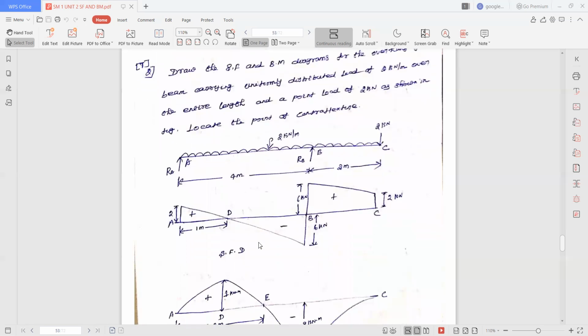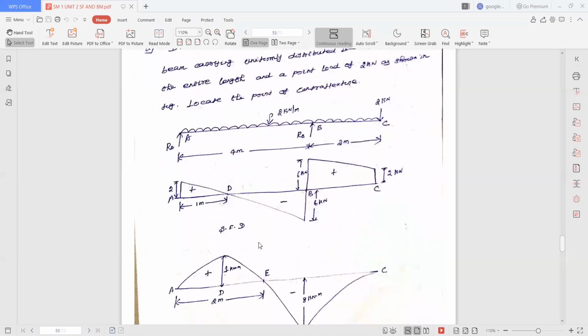As we already said, if you want to find the shear force or bending moment, the shear force is nothing but the algebraic sum of all the forces, including the reactions, acting on either the left side or the right side of the section we consider. Similarly, bending moment is the algebraic sum of all the moments acting on either the left side or the right side of the section we consider. So if you want to calculate the shear force or bending moment value, you need to know the reactions.